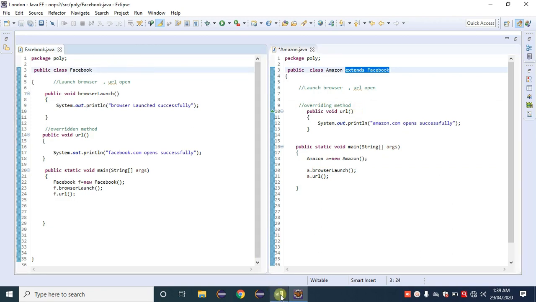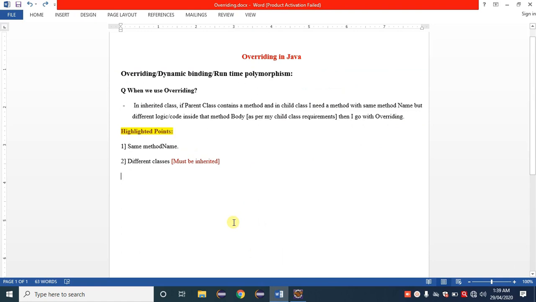Then we can call it overriding. If anyone asks you how to override a method, the answer is that only by using the inheritance concept can we override a method. Without inheritance, or without parent and child class, we cannot go with overriding.